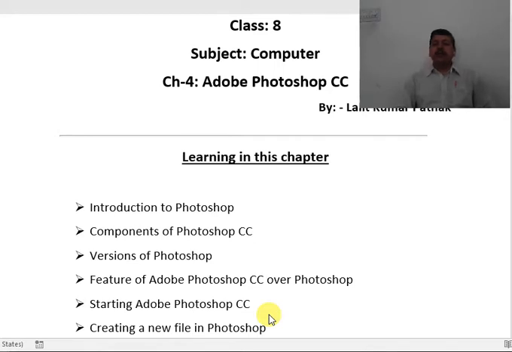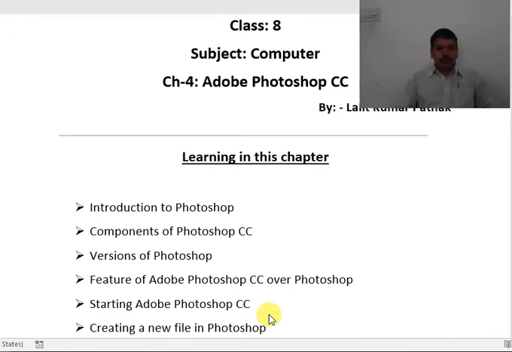In the previous video, I also uploaded some information about the tool palettes and how you can use the tools of the tool palette. Today I am going to explain some important information about the keyboard shortcuts used in Photoshop.